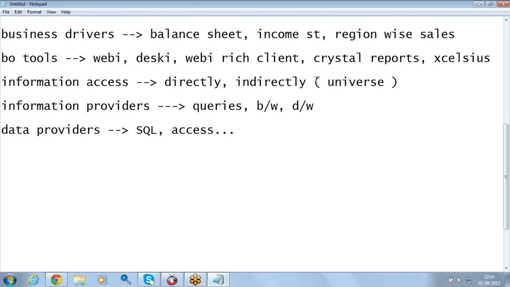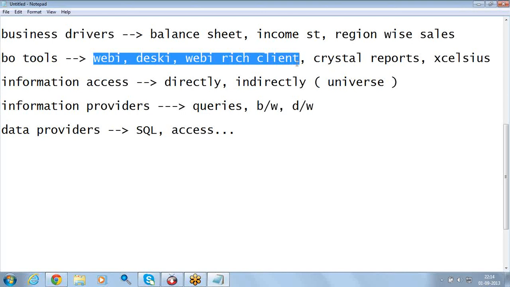As I said, directly and indirectly. Now let's go to where we need the universe, the indirect way, and where we require the direct way. Webi, Deski and the Web Rich Client are reporting tools that come with Business Objects, and for sure they require the universe.